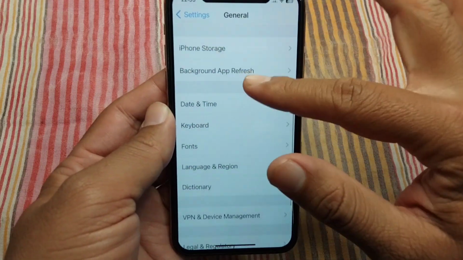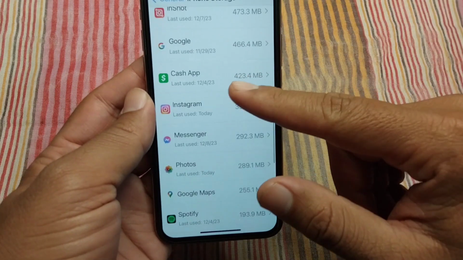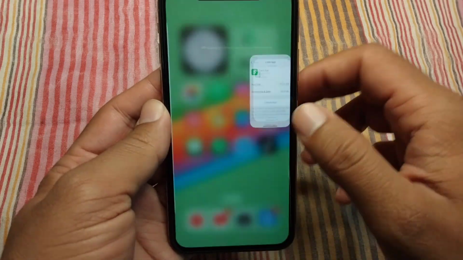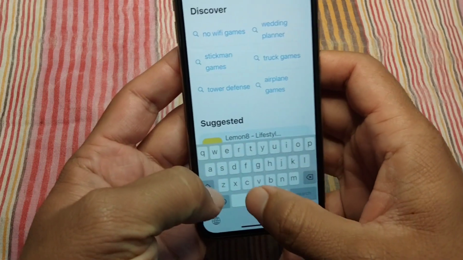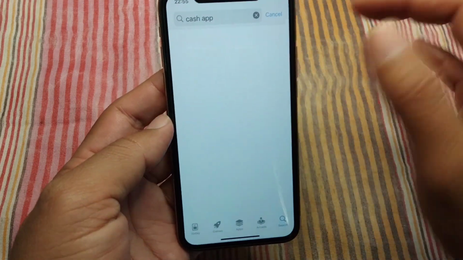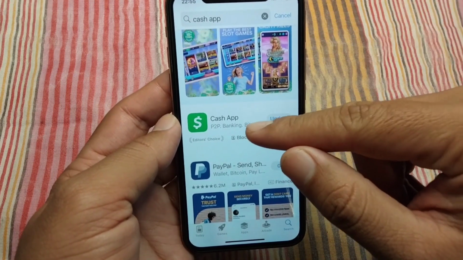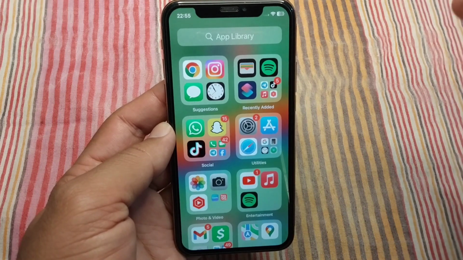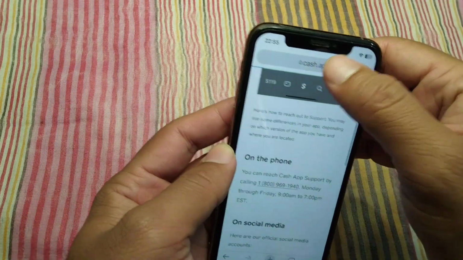After this, scroll below, tap on iPhone storage, scroll below, tap on Cash App and offload your Cash App one time, and then open your App Store, search here for Cash App, and now download the latest version of Cash App on your device and check if the problem has been fixed or not. And if you are still facing this problem, then open any browser on your device and search here for